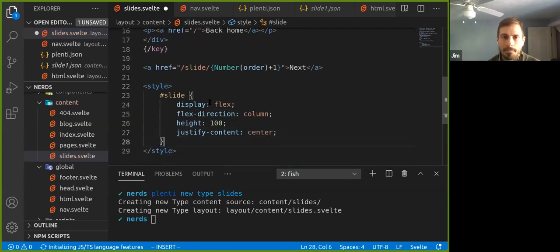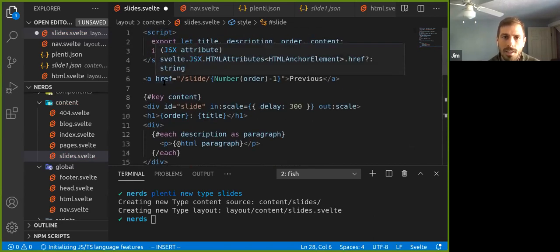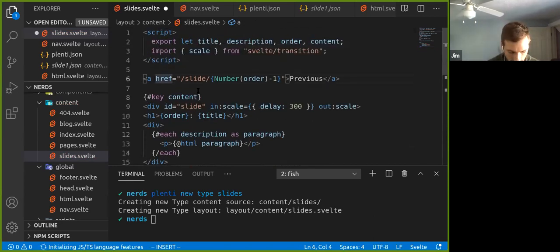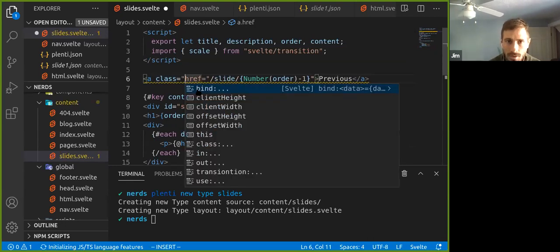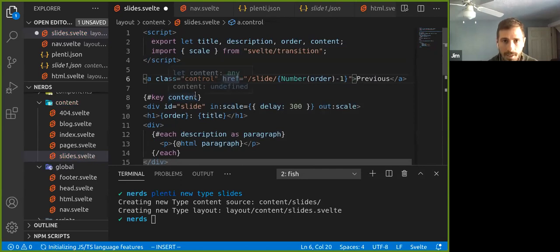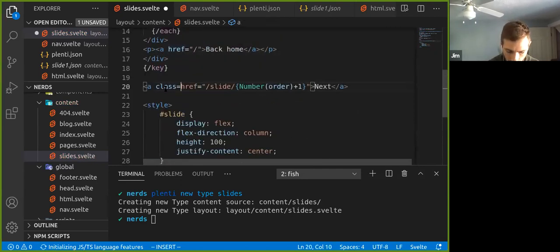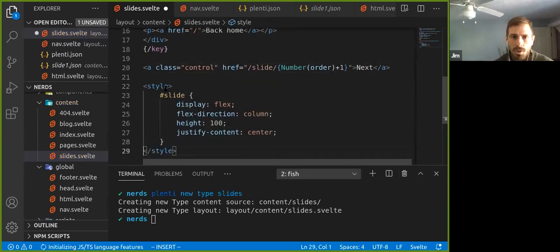And then let's grab our controls here and set some classes on them. Let's call this class equals control, and we'll do the same thing down here for this one as well. And we'll just target our controls.